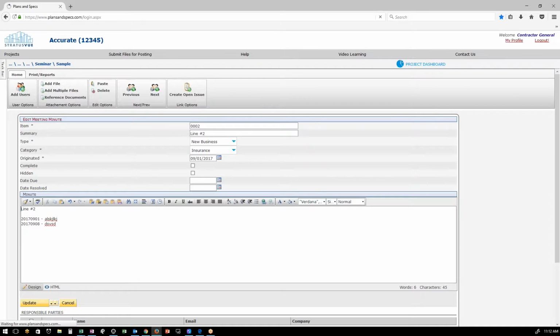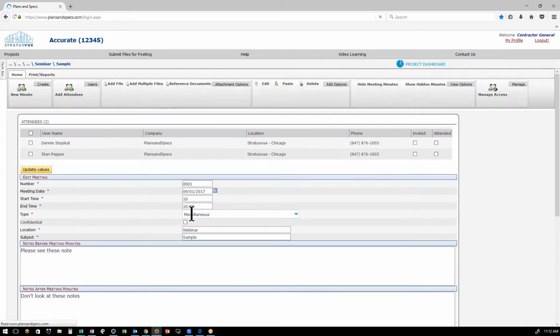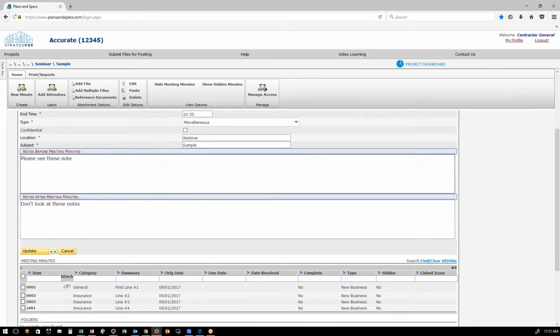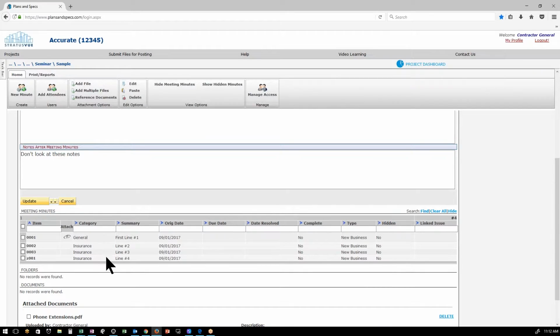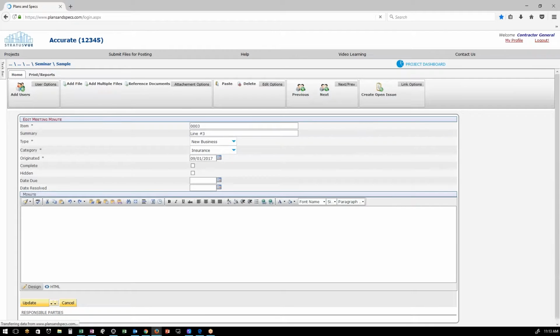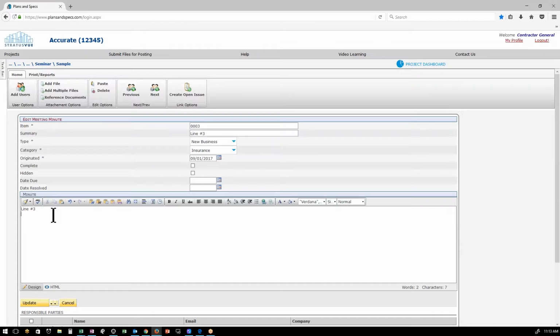Okay, I'm going to update that, and that's going to bring me out. So that's how I basically progress through all of the meeting minutes that I would have while I'm sitting around the table. One thing I do want to show you, that if I happen to be on number 3, I'm writing the meeting minute here,